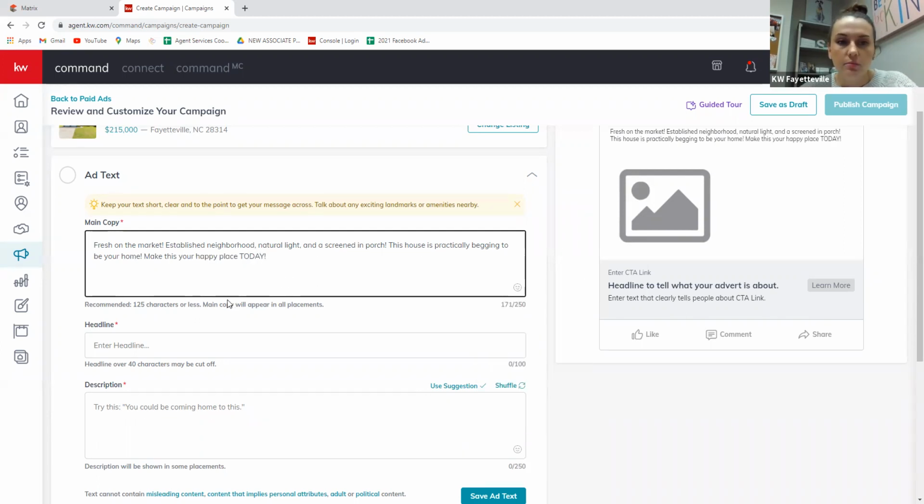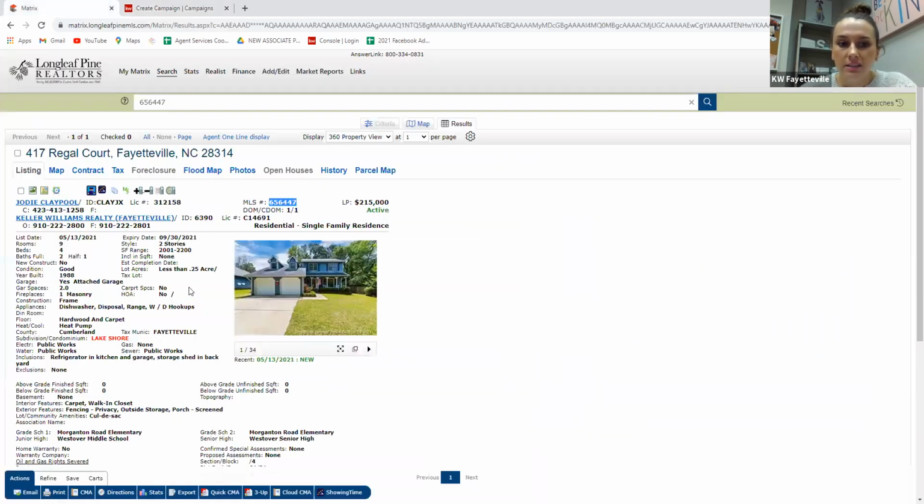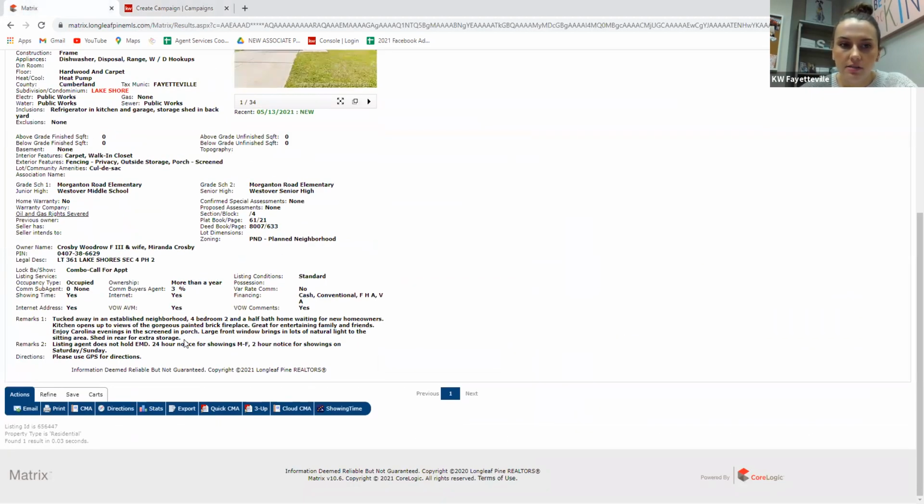Oh, I'm just going to say fresh on the market, established neighborhood, natural light, and a screened porch. This house is practically begging to be your home. Make this your happy place today. Really, all I did, I looked into the remarks and I took Jody's, basically her description, and I took some highlights from it and put that into the ad. So whatever makes the house unique, that's a good way to go about adding in the text